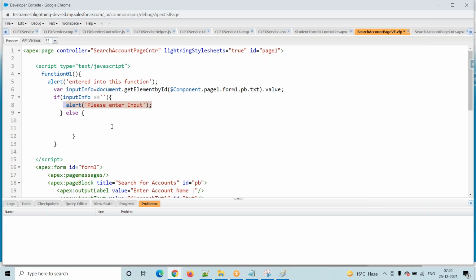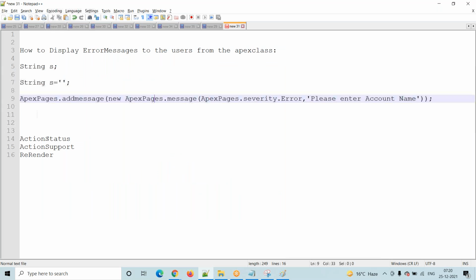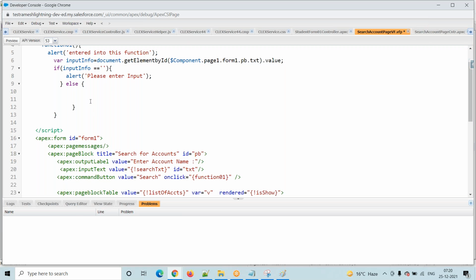How to call is nothing but we will just go and use action function. Now, action function here. Action, not action support, action function. We will just go and use the action function tag. We have page block table, right? Like that we have data table tag, right? Like that we have action function. The syntax for the action function is we will just go and put here any name, call method. You will just go and put some method here.